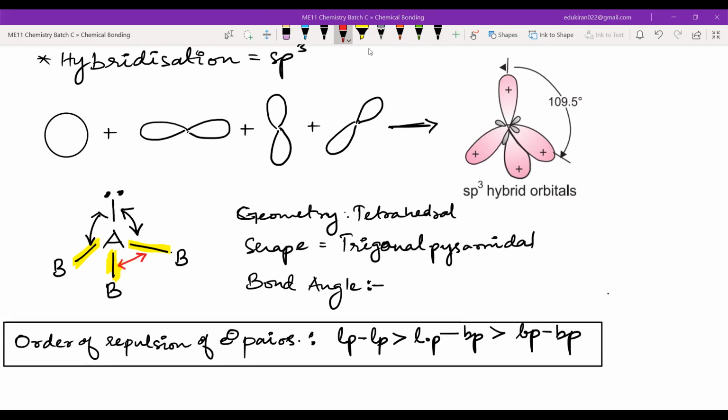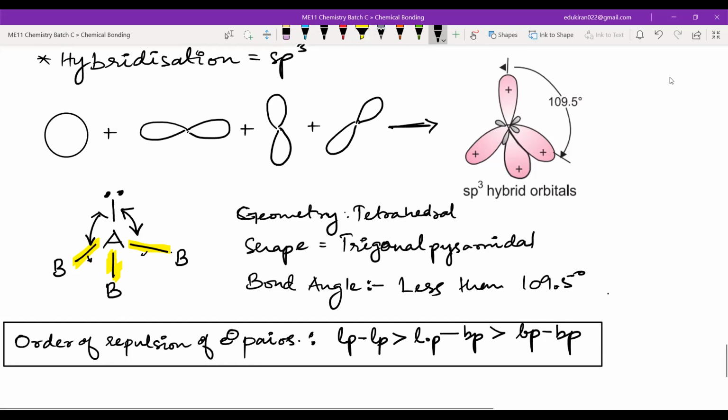Yes, sir. Okay. Now, if this repulsion is higher, then it will be shrinking the angle between the bond pairs. It will be pushing it down like this. This will be pushed down by the lone pair electrons. That means the bond angle here will be less than 109.5. Whenever you look at bond angles, the bond angle is only from bond pairs. You don't look at the lone pair. We look at the shape and tell. Yes or no? Any doubts here?